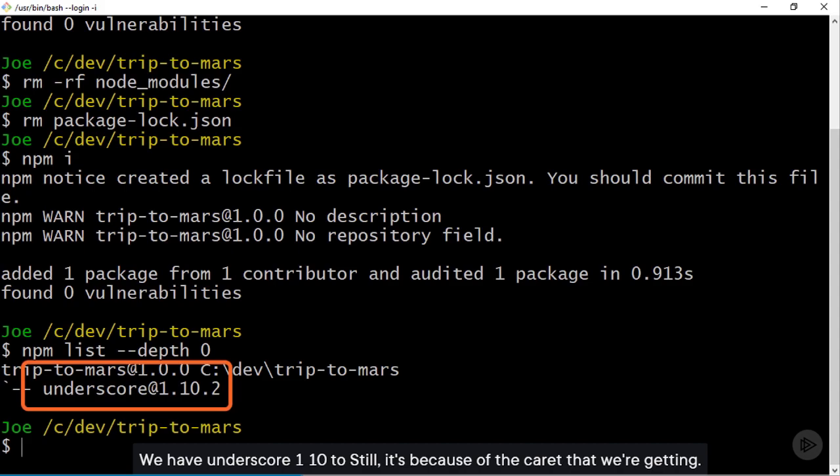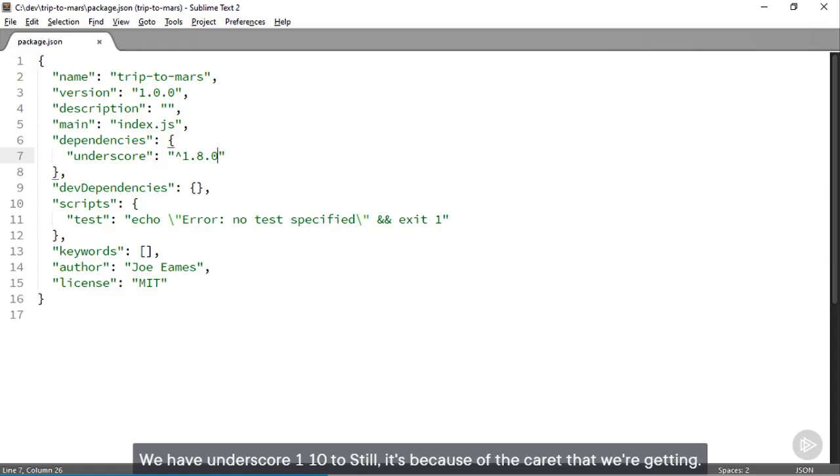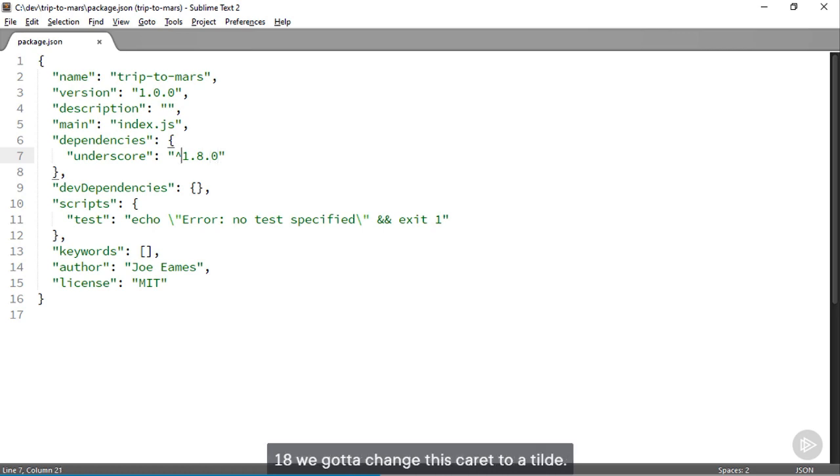All right, you can see there we have underscore 1.10.2 still. It's because of the caret that we're getting the latest minor version of underscore. 1.10.2 at the current time is the latest version of 1, so we're getting that. If we want to get the latest version of 1.8, we've got to change this caret to a tilde, and